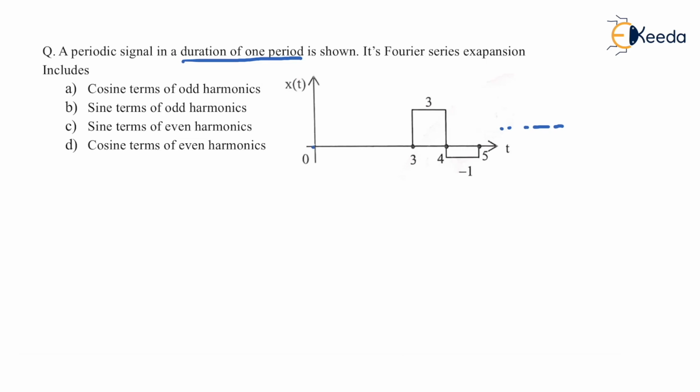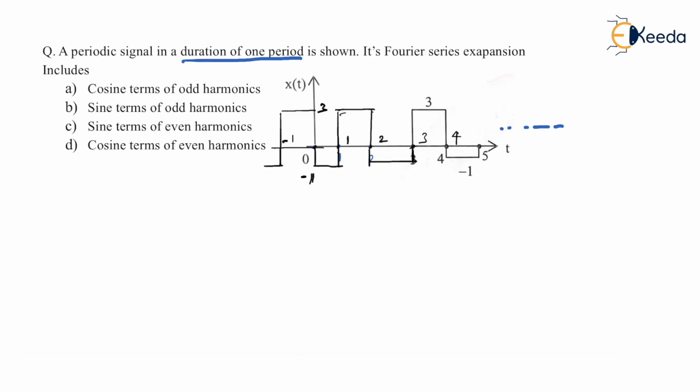So let me just complete this figure. So we have 0 here. Let us say we have 1 here. Let us say we have 2 here. Since it is a periodic signal, it will repeat its structure. That is, before this, definitely we will have this kind of signal here. And this is -1, right? So this is how the actual signal is. Is that right? So the maximum amplitude is 3 and the minimum negative amplitude is -1.